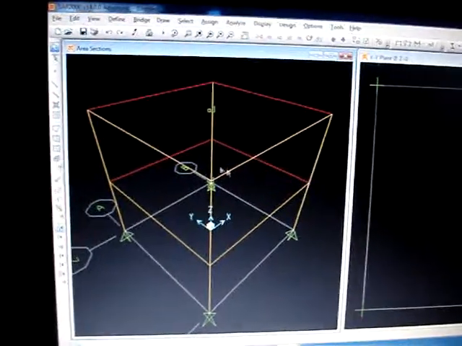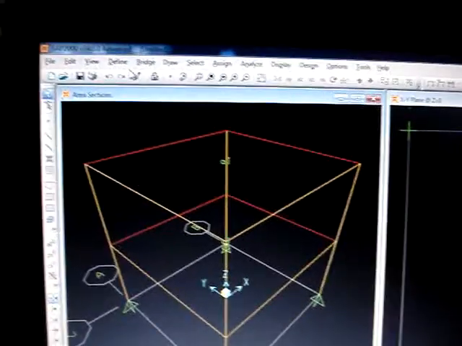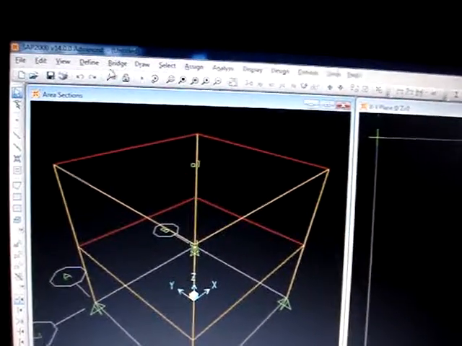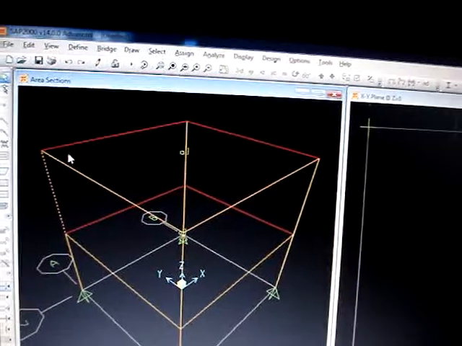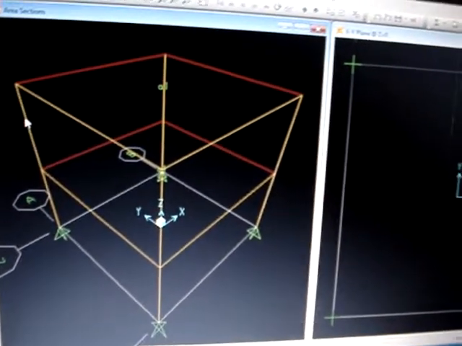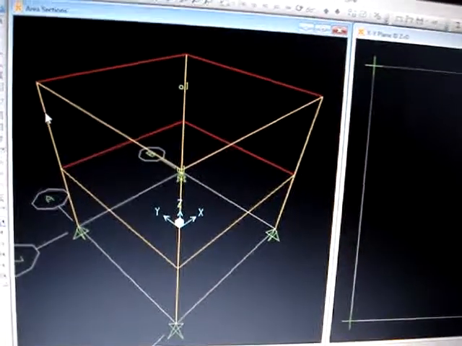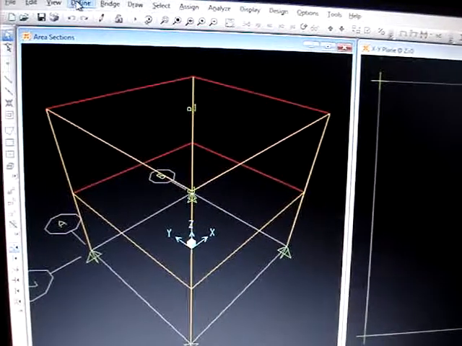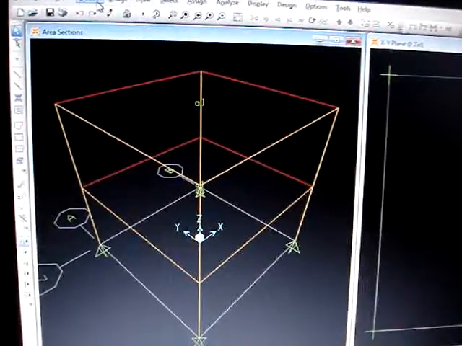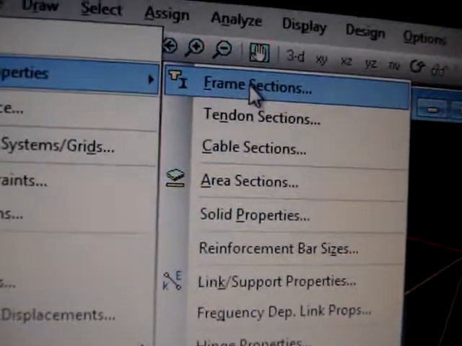Now in one of the videos I also showed you how to define the cross section of the other members that are acting as the column and the beam. In that we chose the option of concrete, but suppose you want to build your own section. Then you can go to define, section properties, frame sections.